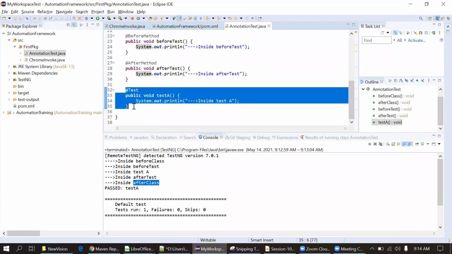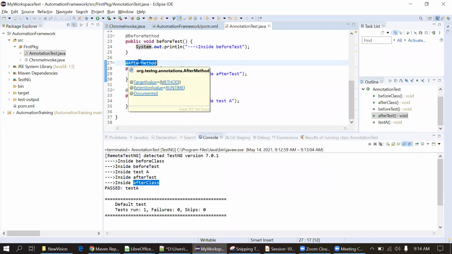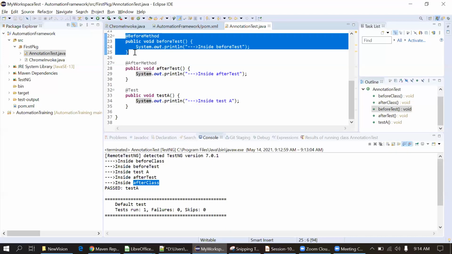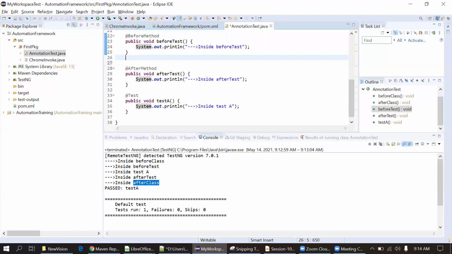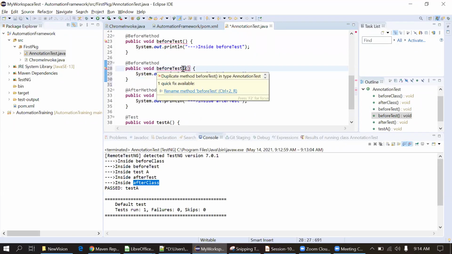Okay, so what if we write before method and also have the after method? What error will we get if we use the before method annotation again here? I have not used it. It should simply not be allowed. Okay. I will try that as well.